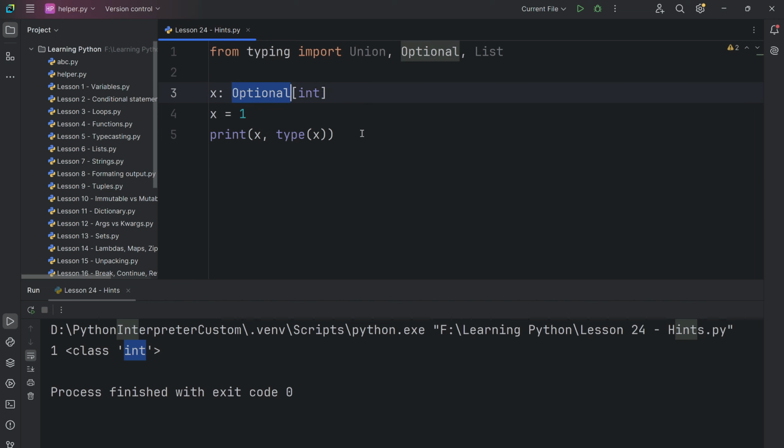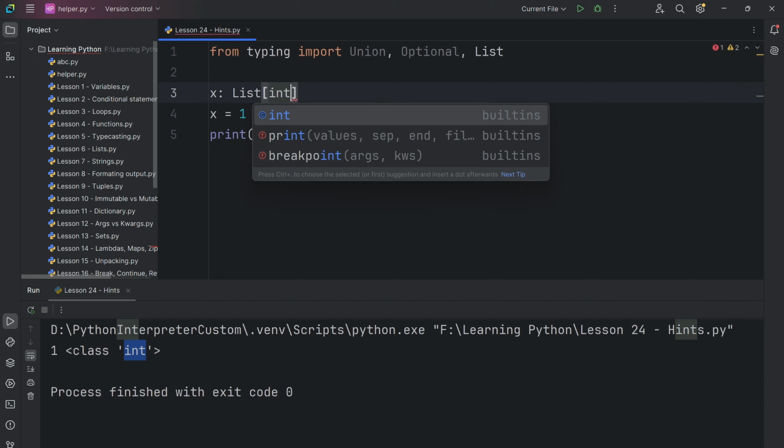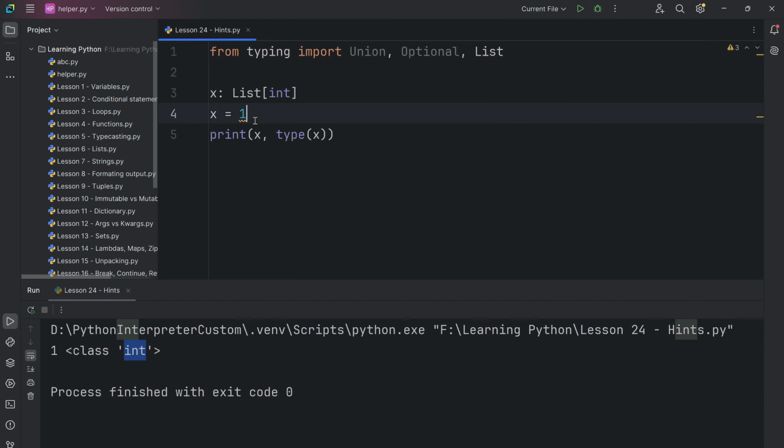In that case, you need to write the type that is going to be inside the list. For example, here, List, and then open the square braces and write the type that your list is going to be filled with. For example, ints. And now here I can write 1, 2, and 3. When I run this,